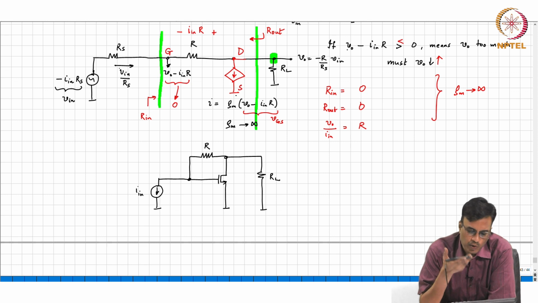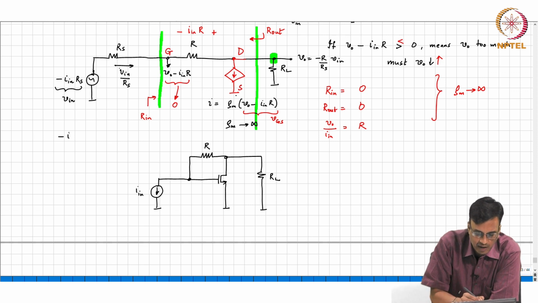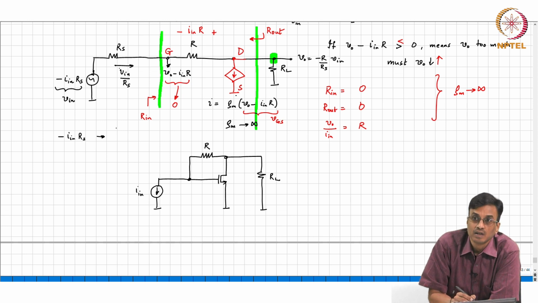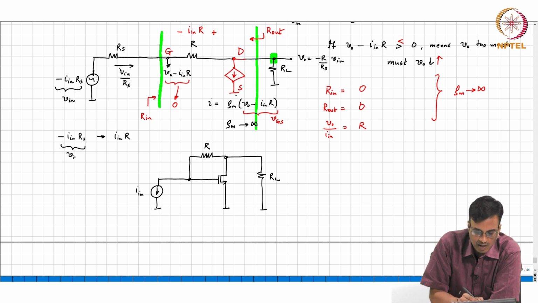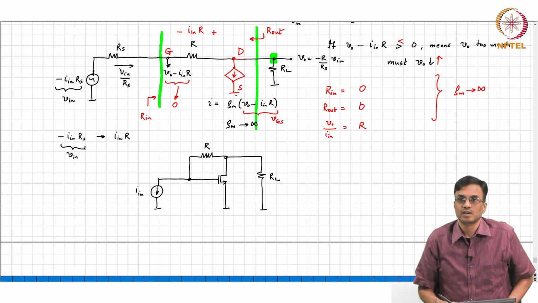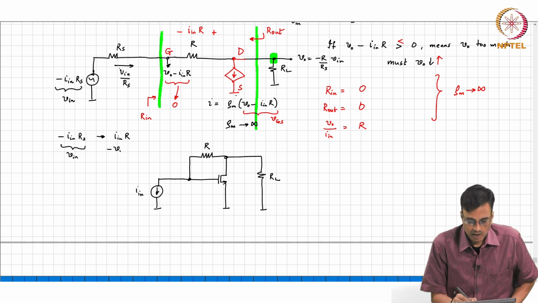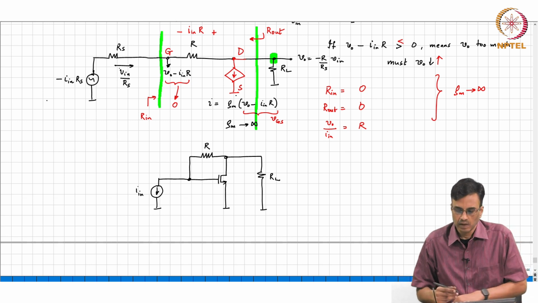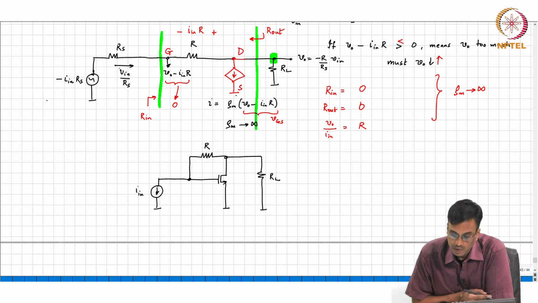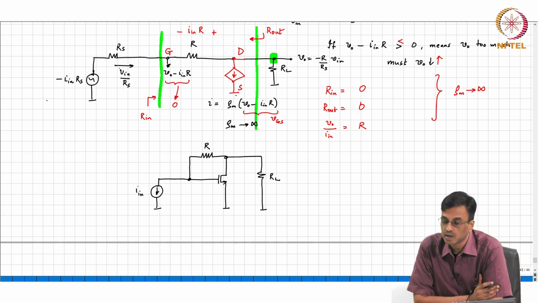Okay, and you didn't have to do any of this, because if minus In times Rs gives you an output voltage of In times R, now if this is Vn, what will be the output voltage? Instead of In, you have to put in minus Vn by Rs, times R, without doing any analysis. All right. So now the next thing to do is to figure out